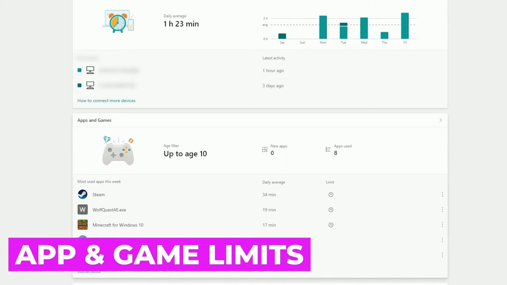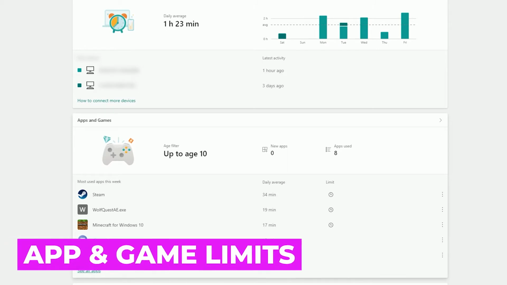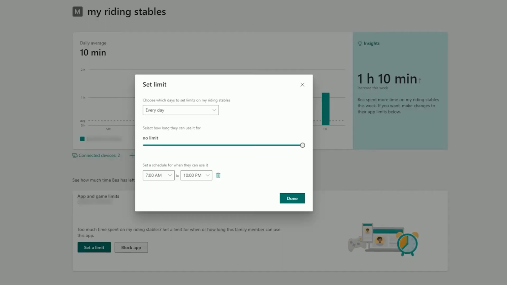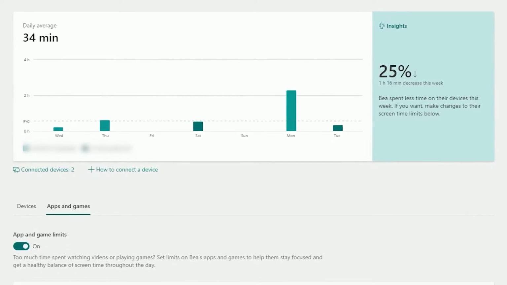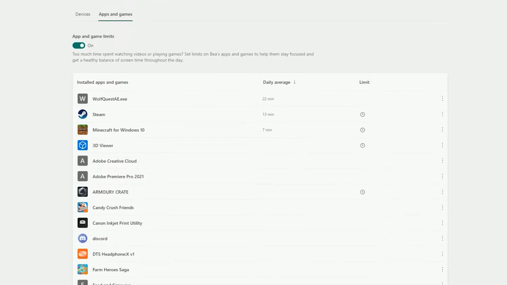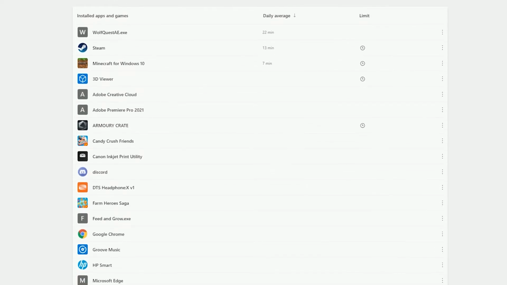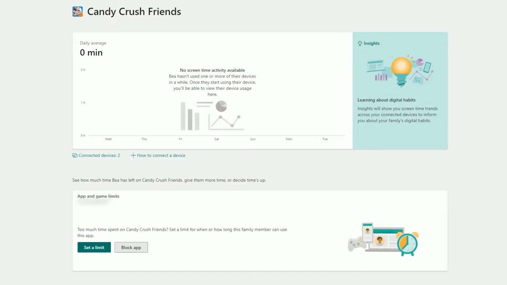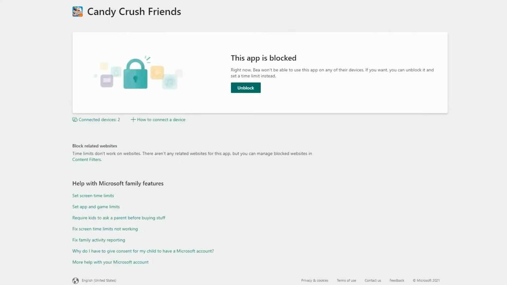Under the Overview panel, there's a section called App and Game Limits, where you can have more macro control over the access to different apps and games. Clicking on the title gives you a summary screen similar to the screen time breakdown. You can review individual applications and games in the list below. Clicking further, you can see more specific details about the app or game, including setting individual timelines or blocking inappropriate